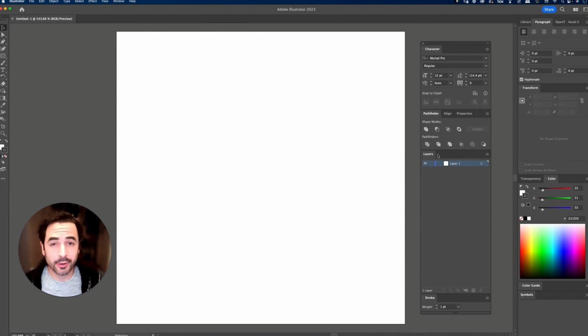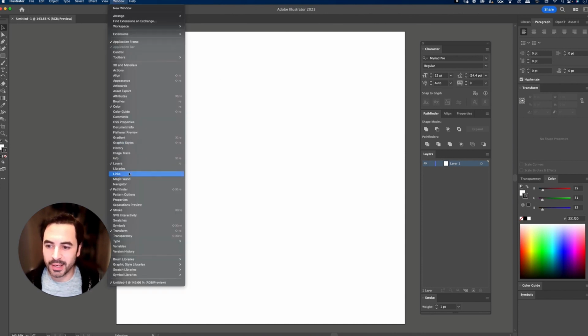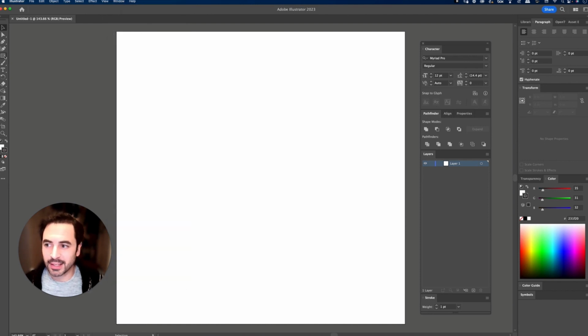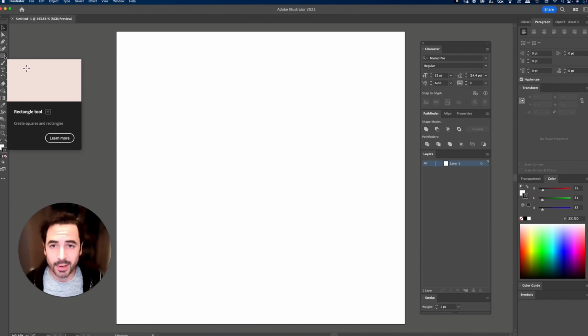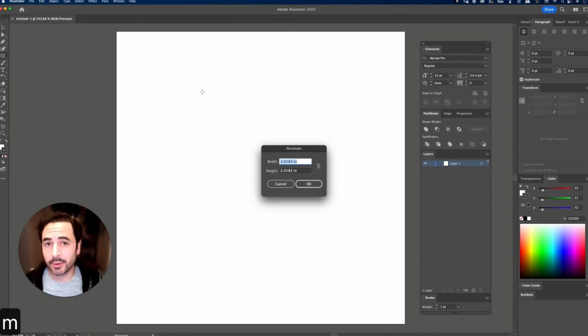Now, once you've created your document, it should look something like this. And you'll probably see your layers panel over here, but if not, you can access it by going to the window menu and choosing layers from the drop-down. So what I'd like to do next is select my rectangle tool, which you can do by pressing M on the keyboard, and then double click. And now I'll type in a value of 8 by 8 so that it's the same size as our artboard